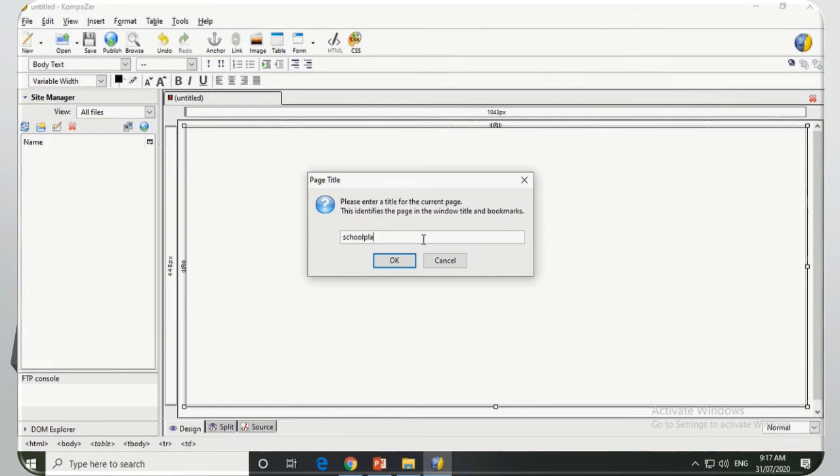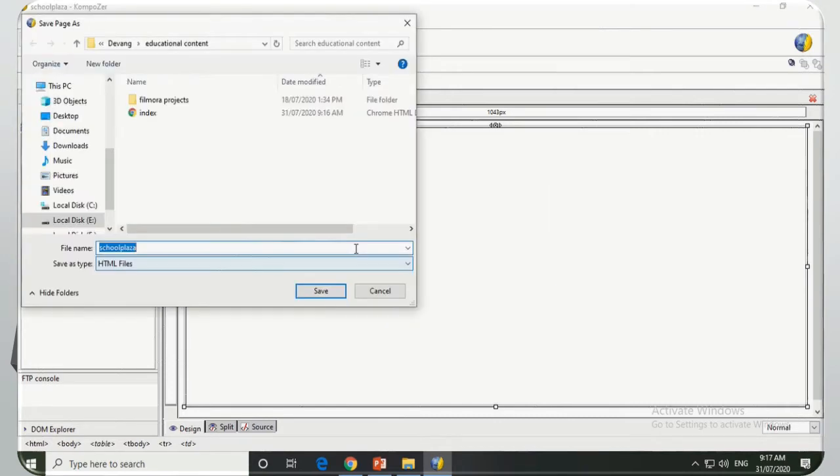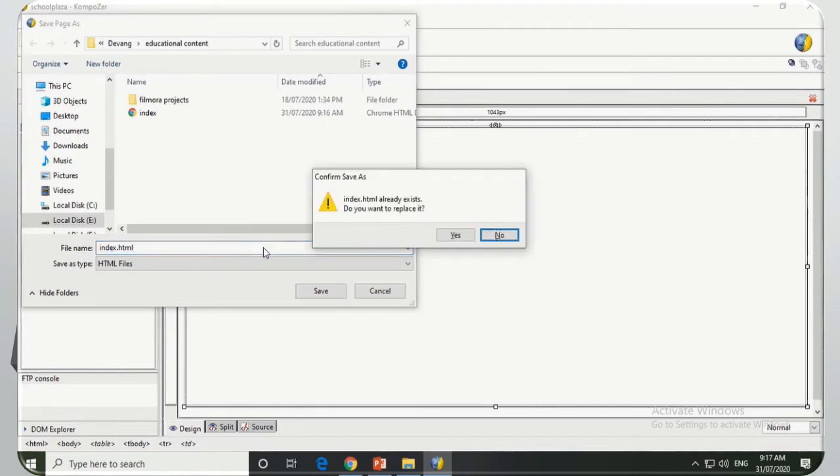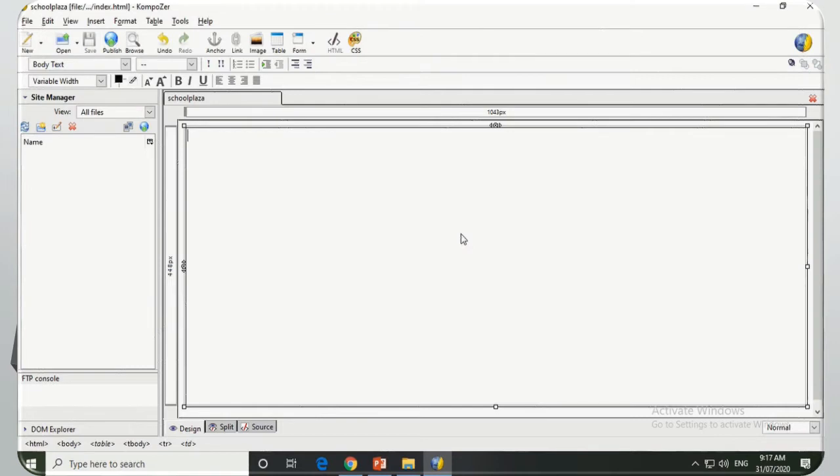Now save the file with the name index.html. Generally, whenever we create the home page of a website, it is named index.html. Every website is built inside directories on a web server and each web page is a separate file on that web server. Whenever the user types the URL of the website in the browser, for example www.schoolplaza.com, he or she does not specify the file to be opened, but the web server needs a default file name in order to display some content. This default file is the page named index.html.